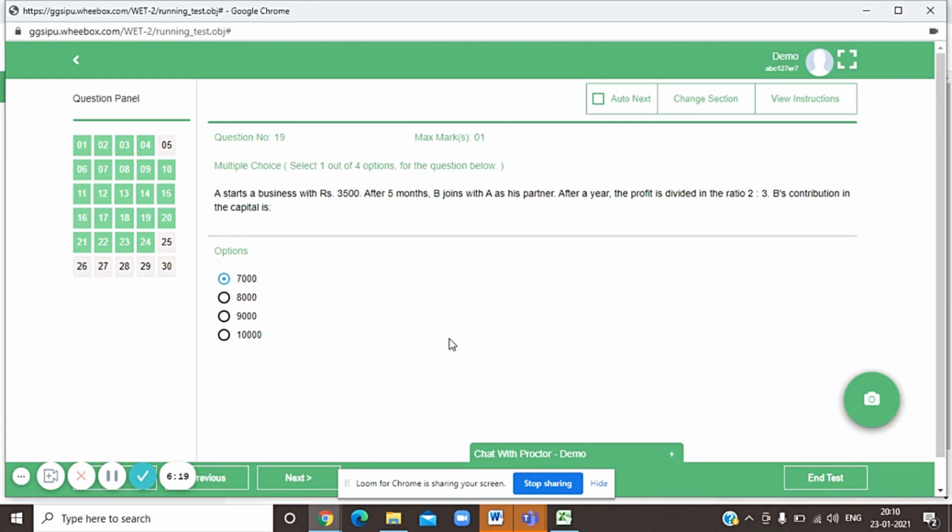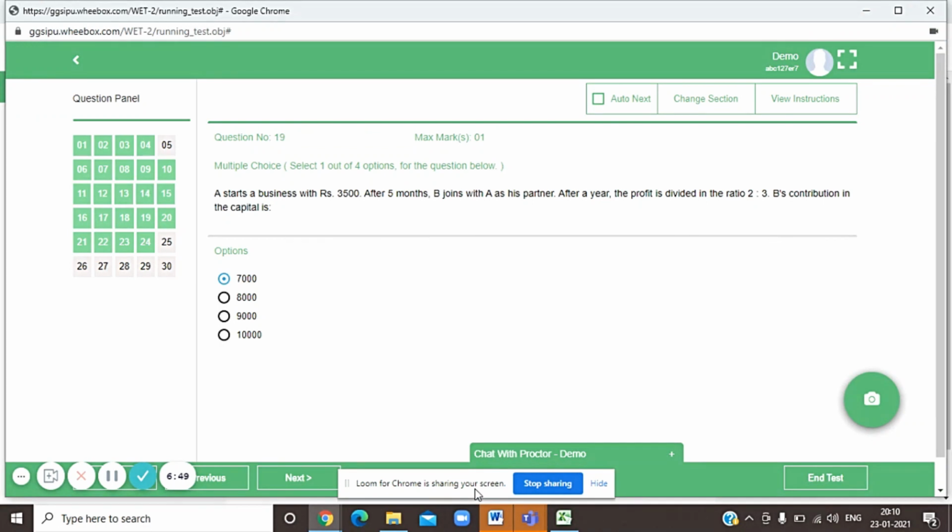If the candidate is trying to minimize the screen, or if the candidate is toggling to another screen, the candidate will get a warning. Anything above the test screen, even an email notification or a system update notification, even closing that, will lead to a navigation count. After the 30th navigation, your case will go to the UFM committee.